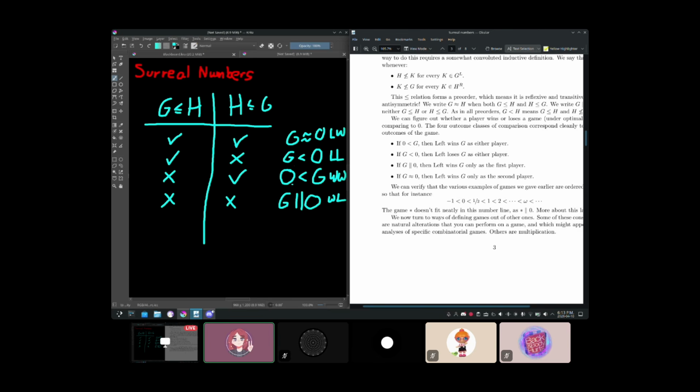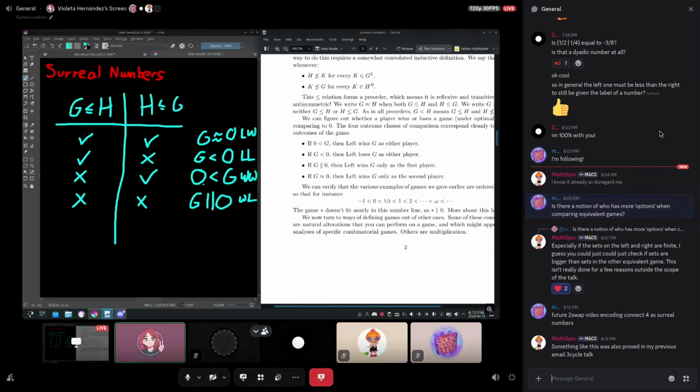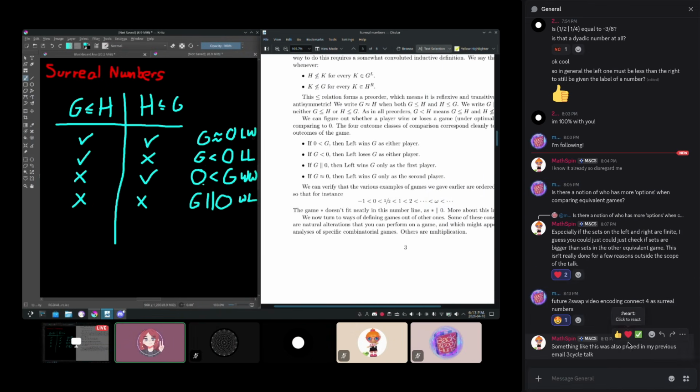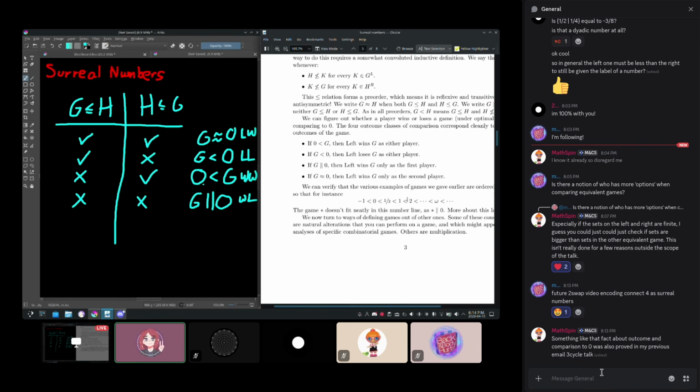As an example, the game 0. Well, 0 is obviously order equivalent to 0. And as we saw earlier, 0 is lost by the first player and it's won by the second one, so this seems to check out. The games 1, 2, 1/2, all of them, had this property that the left would always win them. And the fact that they're written as positive numbers should explain why that is. And yeah, you can in fact prove that 0 is less than all of these numbers, for instance.